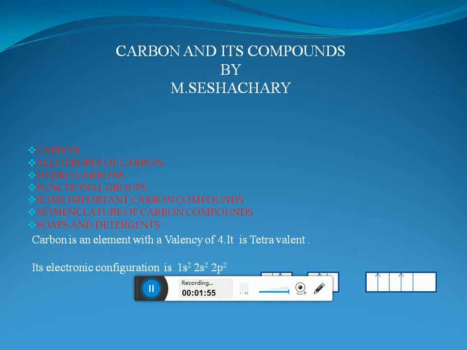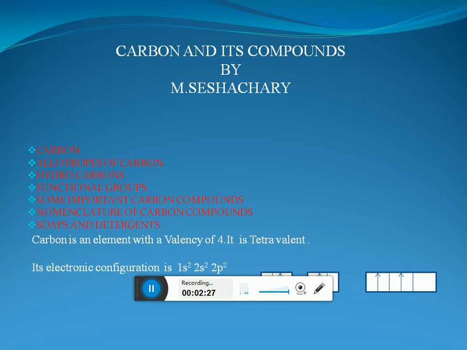At the same time, it is very difficult to remove 4 electrons from carbon atom because it needs a large amount of energy. Practically it is not possible. So what is the other way to form the compounds for carbon? Carbon has to take part in bonding by sharing the electrons. So carbon can form only covalent bonds.